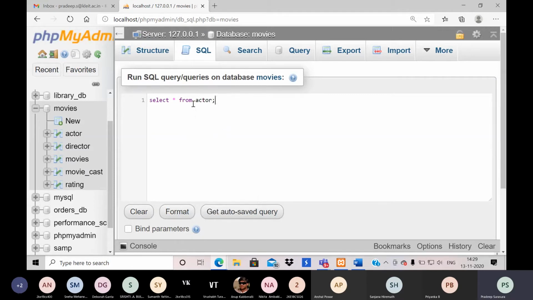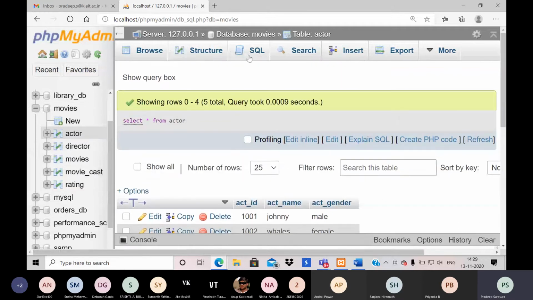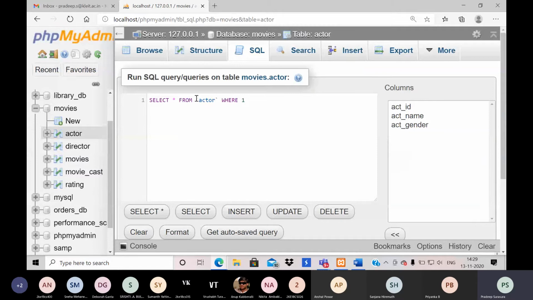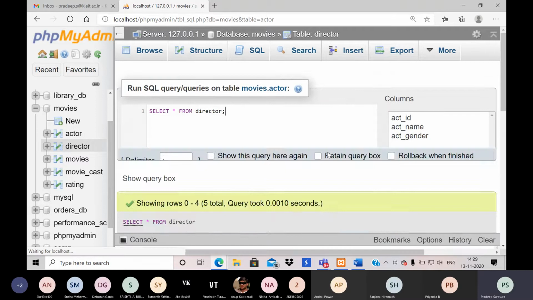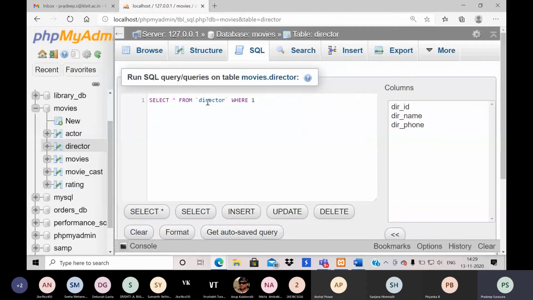So select star from actor. Yes, I have so many records. Similarly, I'll go with director. So I have so many records in director as well. So after director I have movies, or movie cast, I don't remember.